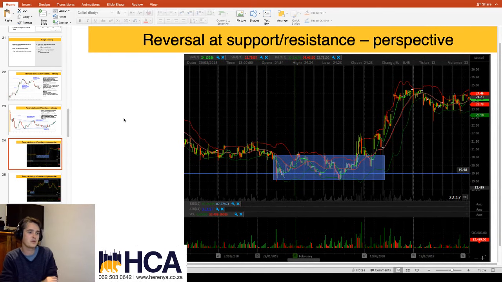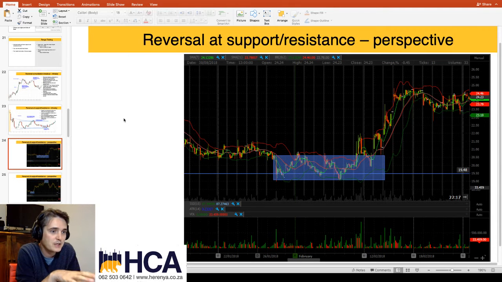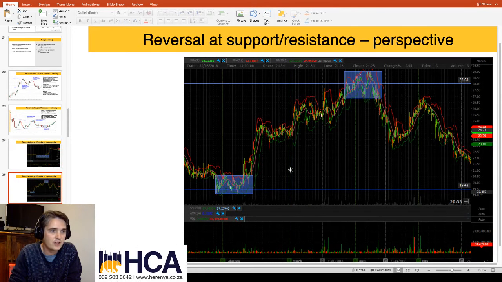Basically what we have here is an example of a price. Don't forget about what stock this is, or what the price is, or whatever the case is. Point is, we have a support level at around this 19 Rand 50 mark. Okay, so I've drawn in a nice fancy little support level here, right? As we can see, market kind of trends down into this consolidation and then breaks that consolidation. Okay, if we look at the next chart, we can see that is trading within a range.